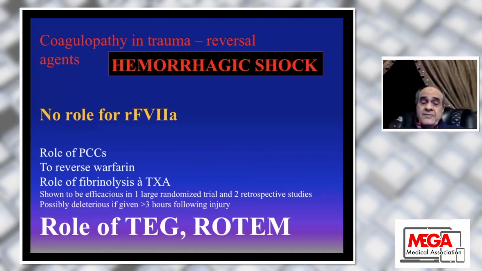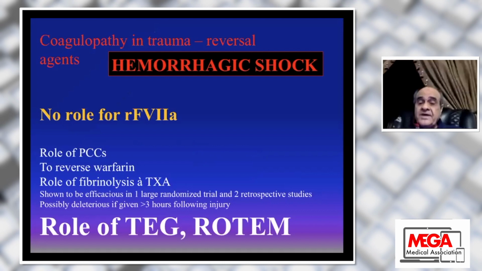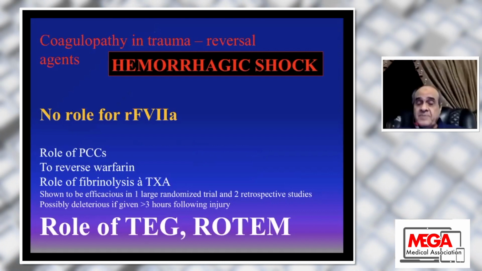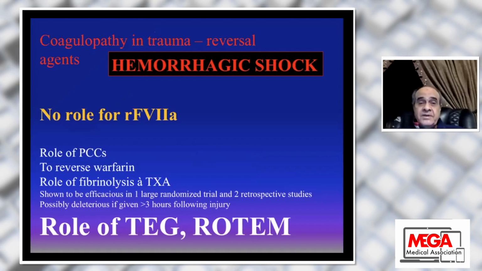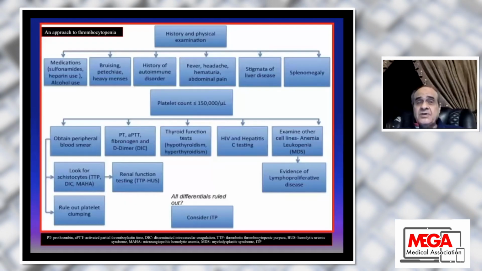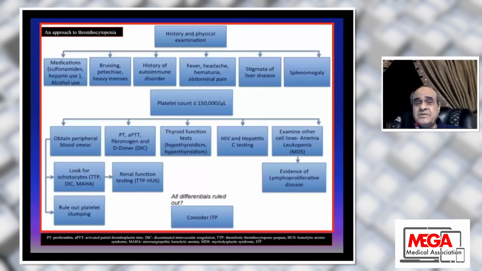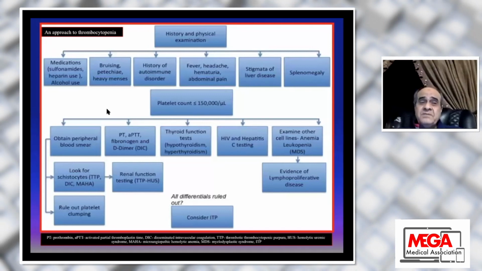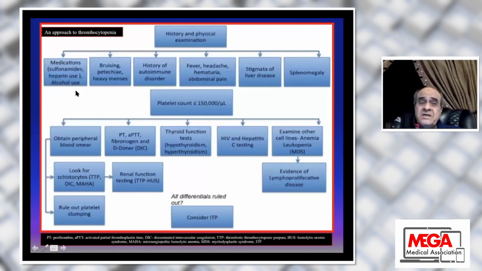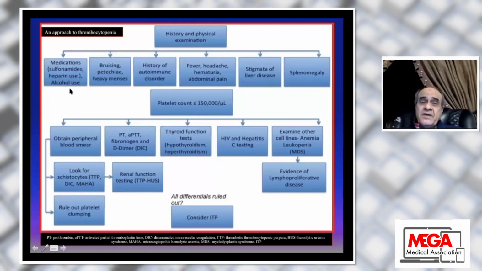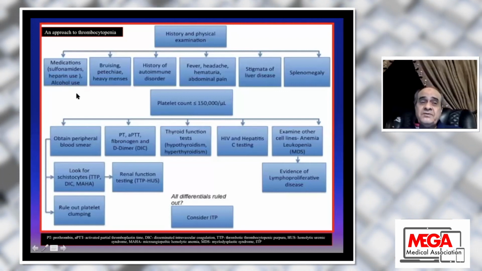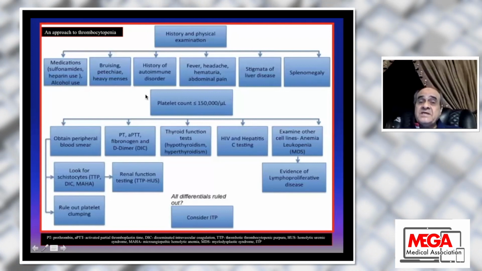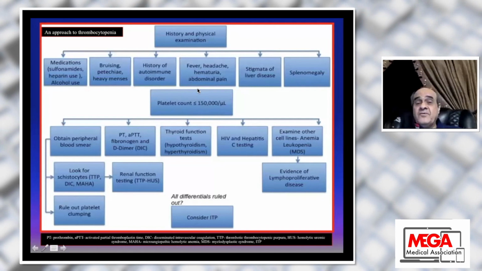And we have to depend on TEG and ROTEM, as we clarified first, for predicting the component deficit in such patients. Thrombocytopenia in patients in ICU, of course, there are many causes, and we have to exclude at first the medications such as heparin causing HIT, alcohol, if this patient is using some drugs, if the patient has a history of autoimmune disease, a patient suffering from